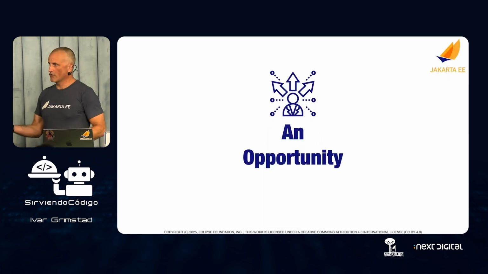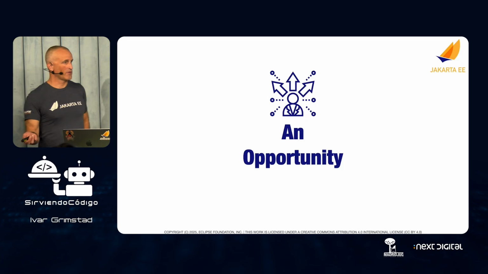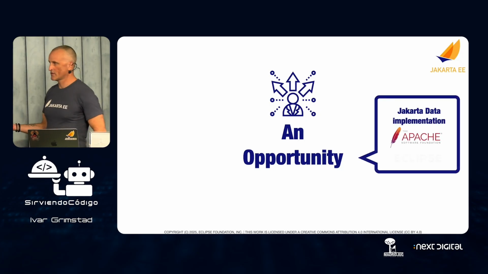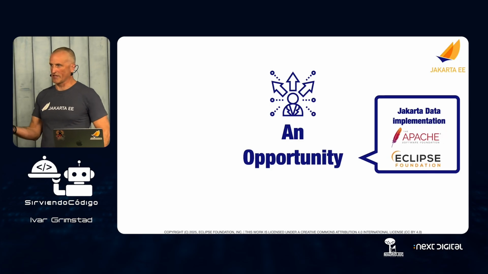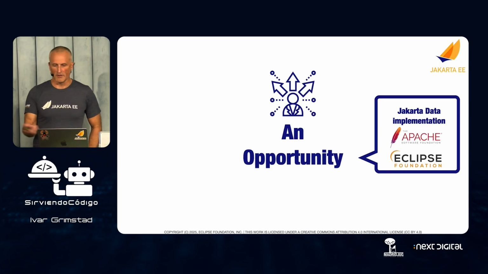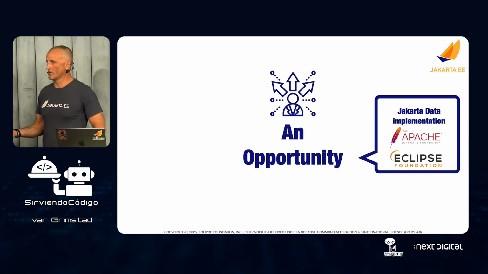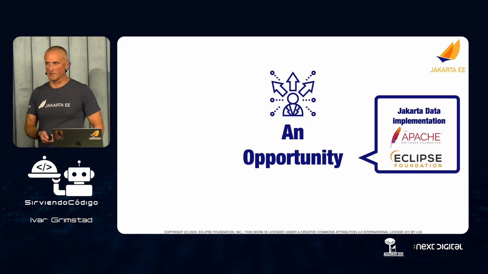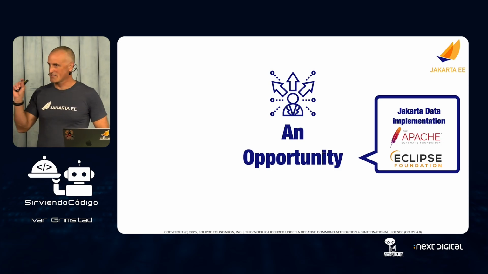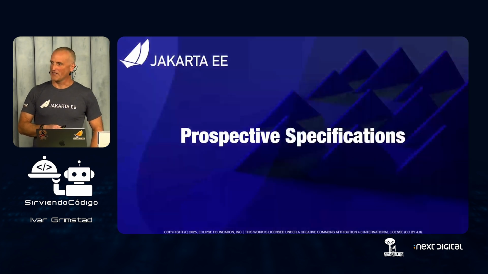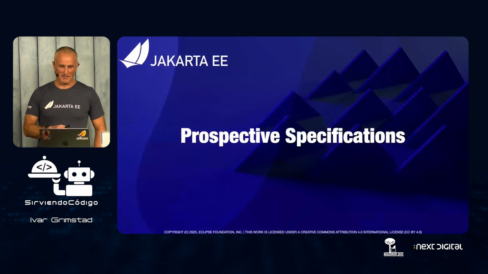And as I said, Open Liberty is one implementation. We have one implementation with Hibernate. There's an opportunity there because we don't have an implementation at Eclipse Foundation, so helping EclipseLink, for example, to implement this, or do it as a separate project, or do it at Apache, the OpenJPA folks would be super happy to have a Jakarta Data implementation there. So why not do that? It's a small spec. It's fairly easy if you know persistence. So it's one of the easiest ways to get a hero status in open source.